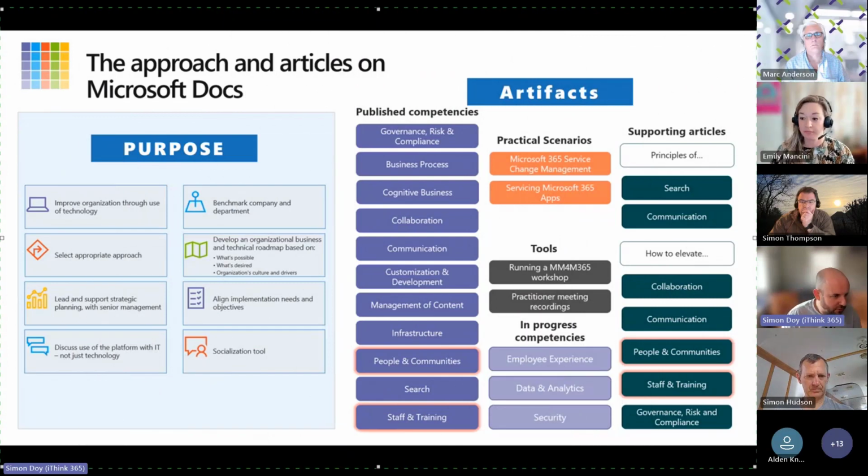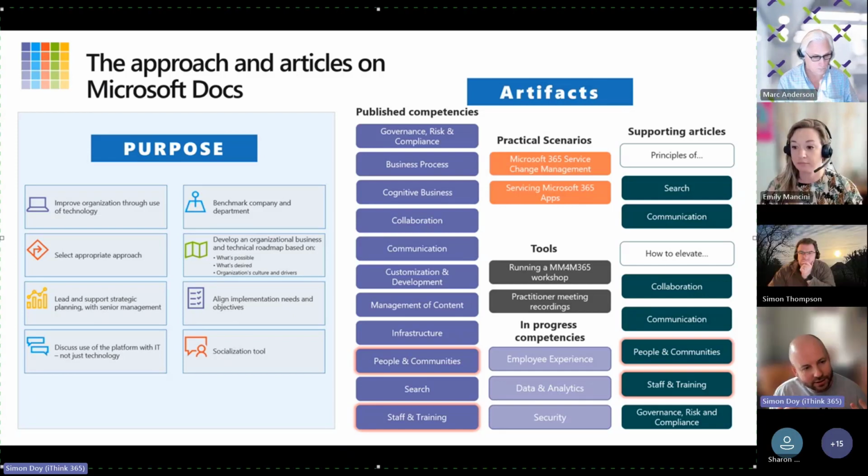The maturity model for Microsoft 365. What is it all about? Well, it's about helping your organization improve how it does things with Microsoft 365, helping it benefit from the investment in that technology, helping you come up with reasons with your powers that be of why you should be doing cool things with Copilot and search and governance and generative AI and all those things.